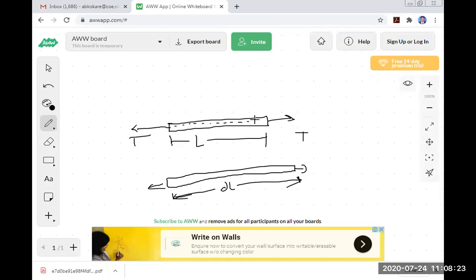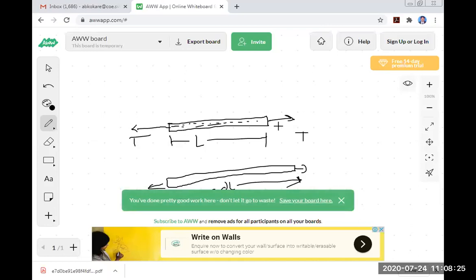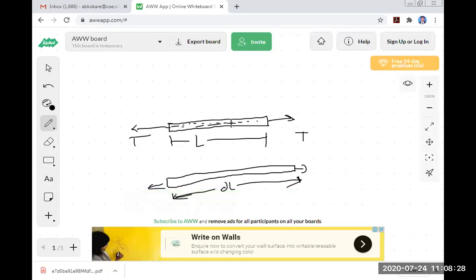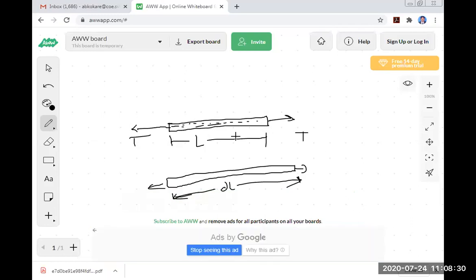Axially is nothing but along the axis of your member, whichever member it is. It may be a plate, a bar, or a cable. Under the axial load, along the centroidal axis, these two forces act in opposite directions. The original length of the member is L, and due to this axial force there may be a change in length, so this member is under tension. So yielding is there. Are you getting?